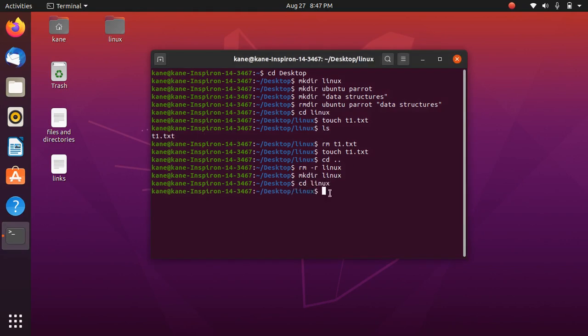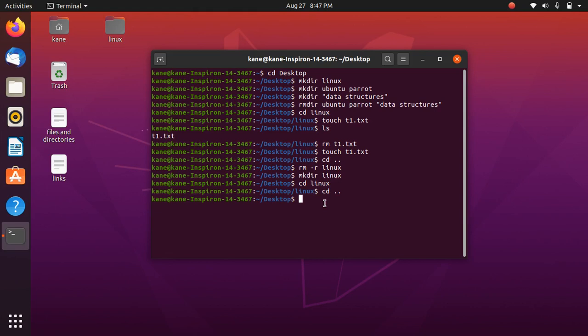As you can see, we are inside the Linux folder, and to come out of the current working directory, you can use cd space dot dot. As you can see, we are in the desktop directory. So we have successfully come out of the Linux folder.